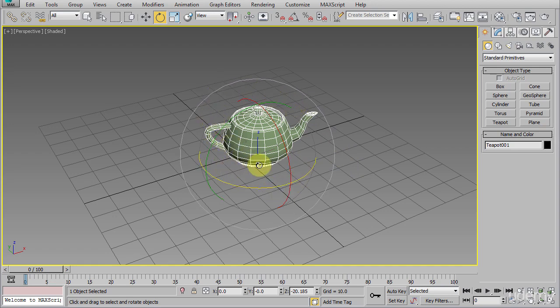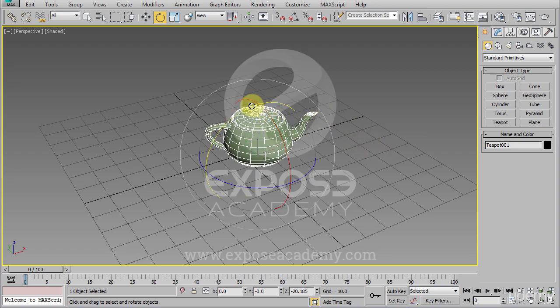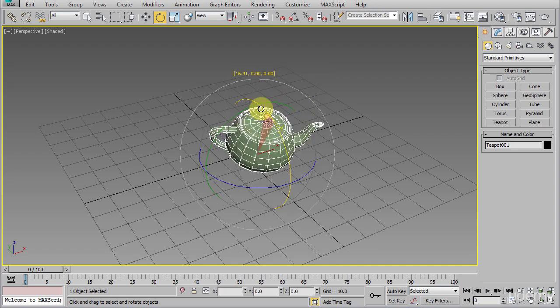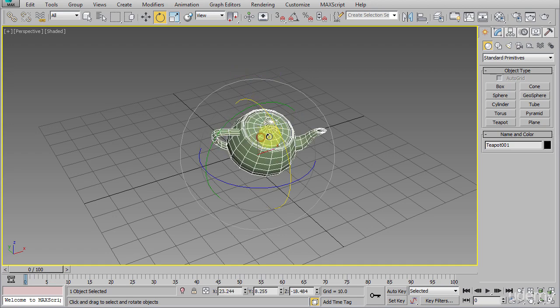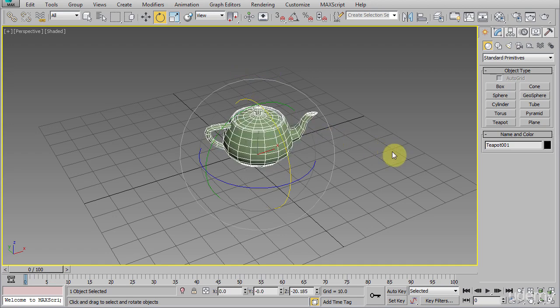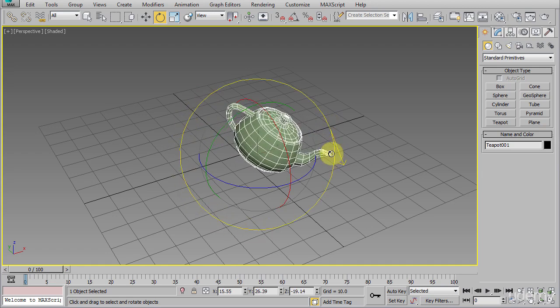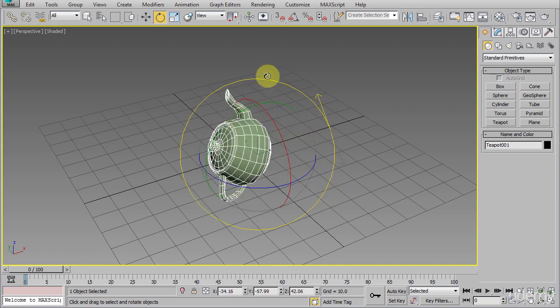These circles work almost the same as the arrows we saw before in move mode. The blue one, for example, will constrain the rotation so that it uses the z-axis as the rotational axis. Same thing also applies to the y-axis, which is the green one. This will constrain the rotation to the y-axis. And the last one, the red one, will constrain the rotation only to the x-axis. You might notice that we also have this big white circle, and this is actually used to constrain the rotation using the screen space, or it uses our eyes orientation as the rotational axis.